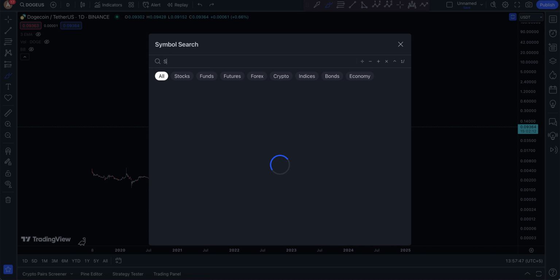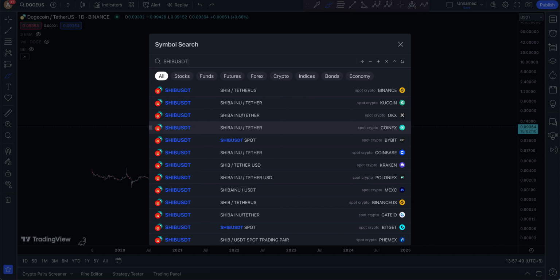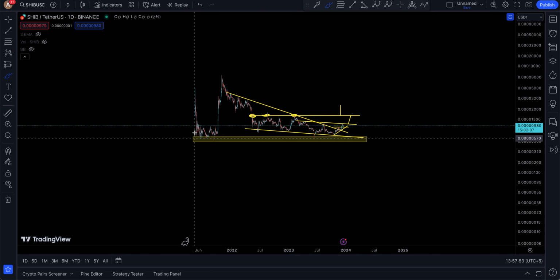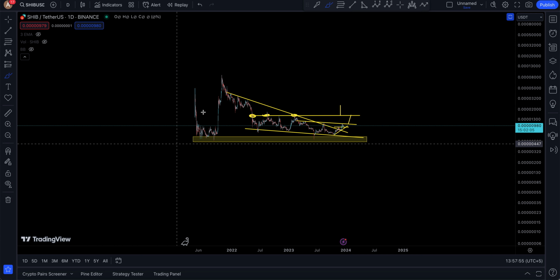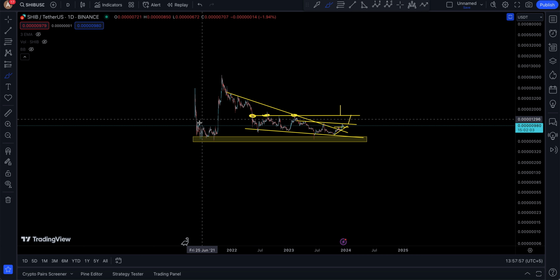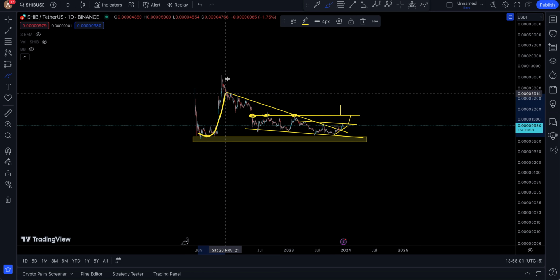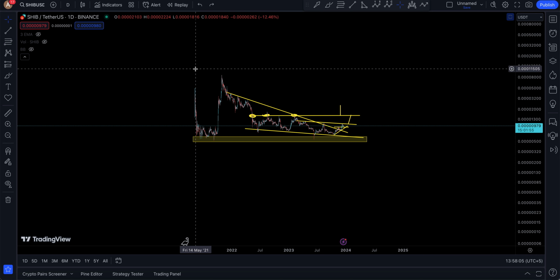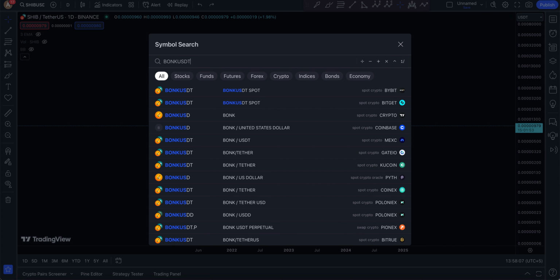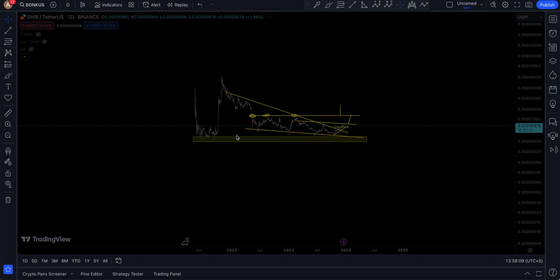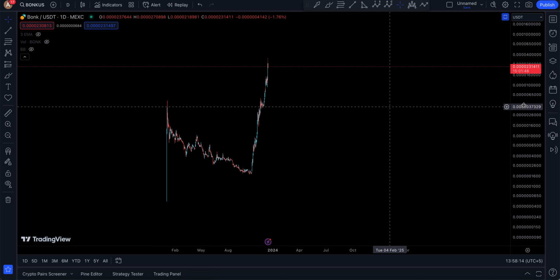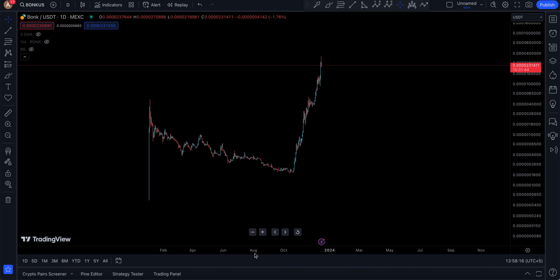Okay, if I show you SHIB again, SHIB also did the very same thing. Anatomy. Okay, so everything has an anatomy. Human beings have head, tails, body. Animals have tails. Human beings don't have tails, they have legs. So you pushed up for SHIB, you came down. You may see Floki, you may see a lot of meme coins out there. Even BONK at one point on the MEXC exchange actually did the very same thing. And speaking of the MEXC exchange and the Binance listing, this is where I want to tell you the main